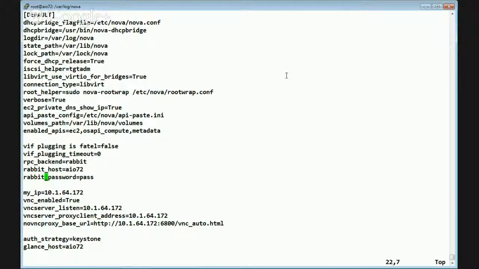Again, I had a typo, grep password, and yes. Okay,